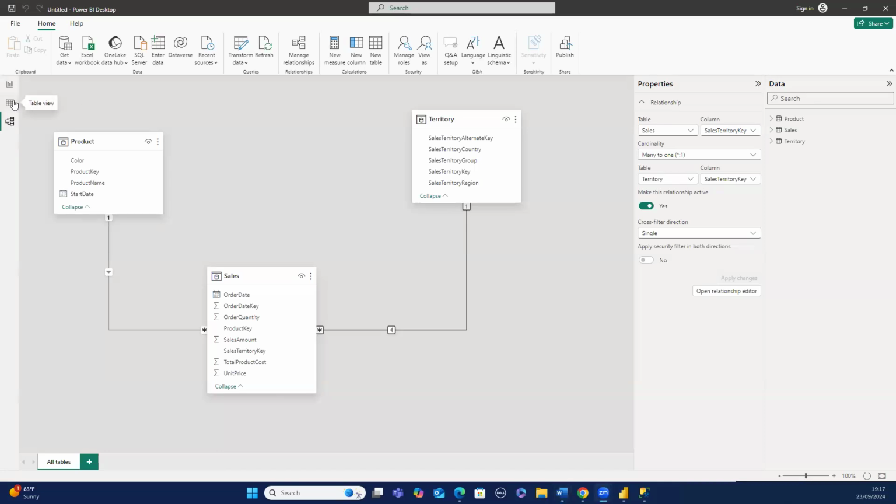Now, one of the differences, please note everything I'm saying. Calculated columns and DAX. DAX is data analysis expressions. They are expressions in data analysis that you can use to refine your data to give you the desired results that you want. Now, if I go to the table view,